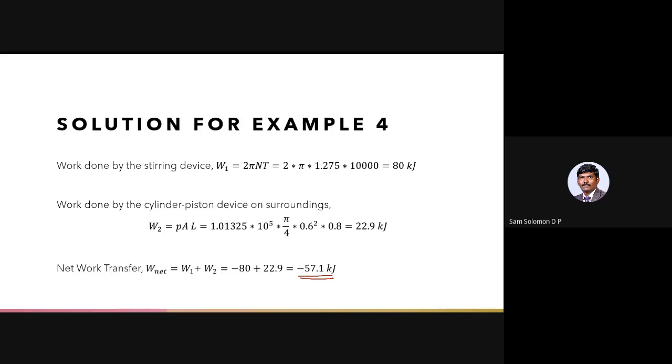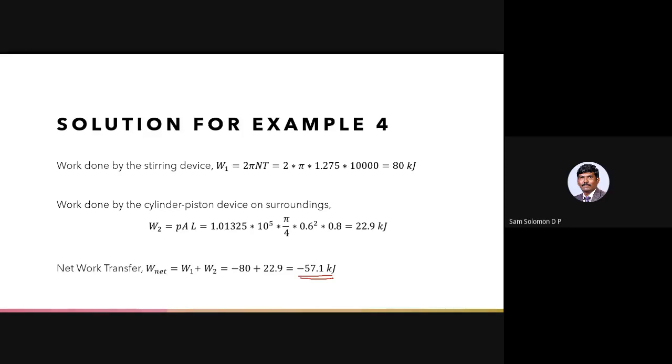You can't say what type of question you will get. You can get any type of question. The thing is, you should be conceptually sound. You should be able to interpret whether it is work done by the system on the surroundings, or work done on the system by the surroundings. So you have to check that, and you should come out with the answer as it is being expected.